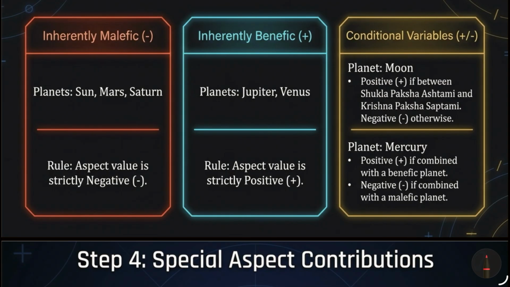An important thing to note is that Sun, Mars and Saturn are malefic, so their aspect value will be negative. Jupiter and Venus are benefic planets, so their aspect value will be positive. Conditional are Moon and Mercury. Mercury, if placed with a benefic, will be benefic. If placed with a malefic, it will be malefic. If Mercury is sitting alone, we consider it benefic. Similarly, Moon, if it is between Shukla Paksha Ashtami to Krishna Paksha Saptami, will be benefic, else